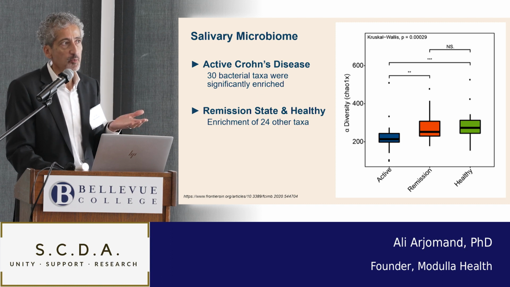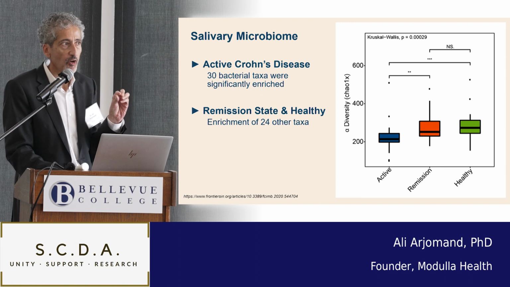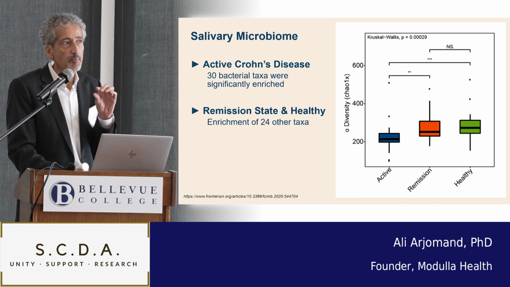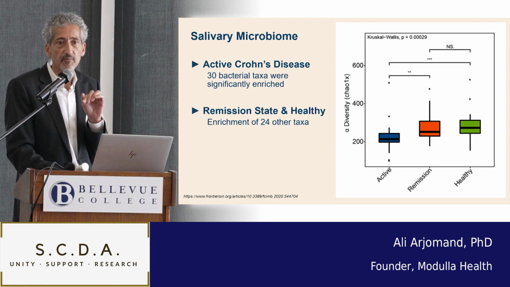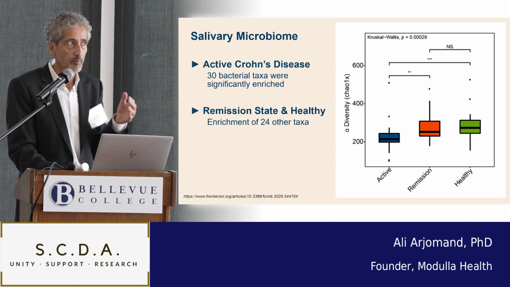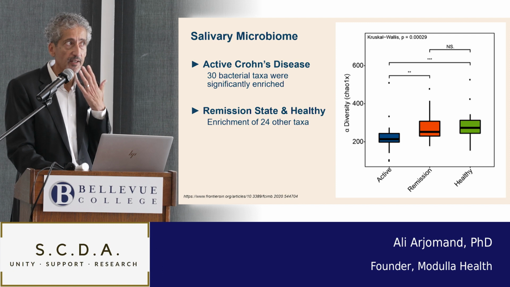The active Crohn's patients, you see in dark blue, had their own pattern of microbes. You see the diversity has actually gone down, but when you have a Crohn's patient in a remission state, their pattern matches to the healthy person. All right, so what's going on? There's an enrichment of certain microbes and loss of certain microbes. There's definitely a discernible pattern here between the active and remission of Crohn's. It's happening in the mouth.